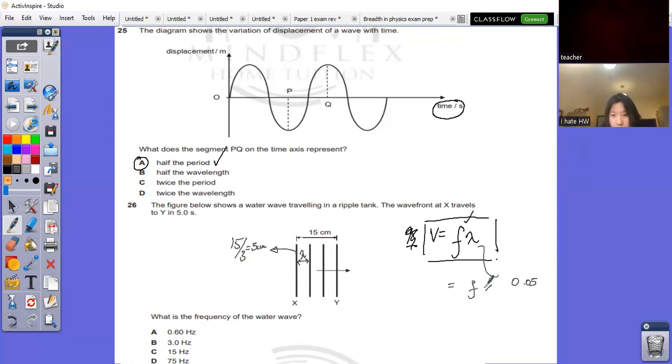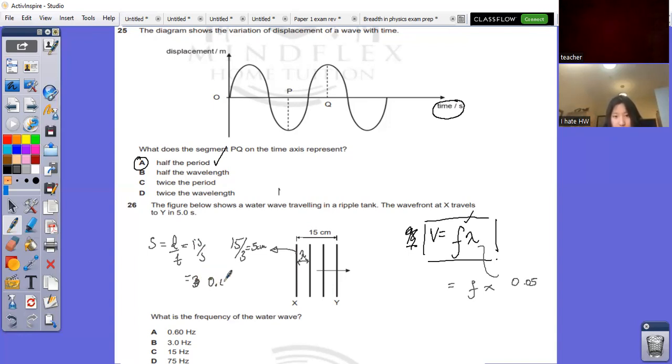Now it's F times 0.05. Can we work out the speed? S equals VT. Okay. And what does it give you as the speed then? Is it 0.05 times 5? Not quite in this case. So we've been told that one crest, which is this wave front, travels a distance of 15 centimeters in 5 seconds. So what is the speed of the wave? Distance divided by time. You're absolutely right. So it would be 15 divided by 5, which would give us 3 centimeters per second,